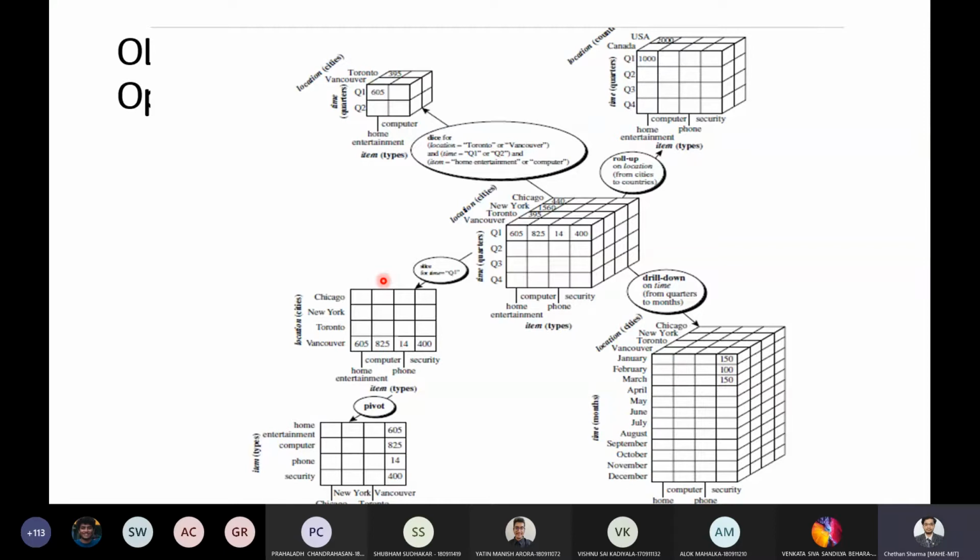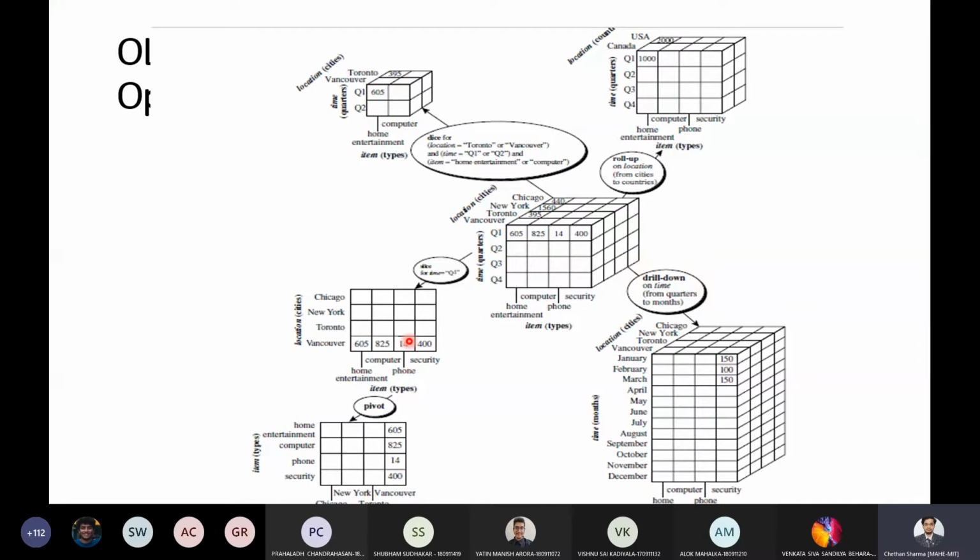Slice, as the name itself suggests, you're slicing a part of it. Here, the slice operation is performed for time equal to Q1, so you are slicing out the Q1 part from the cube so that you can concentrate on the data of Q1 instead of the entire thing.